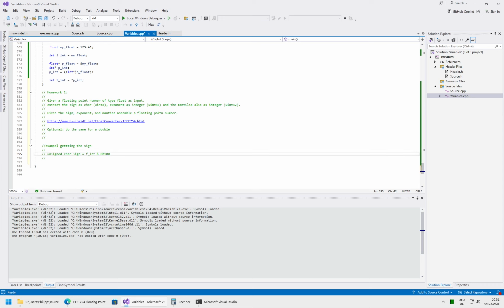Wait, that's 7 zeros, 8 zeros, 8 zeros, 8 zeros. It should be 32, if I didn't miscalculate, and so this will clear everything except for the sign,